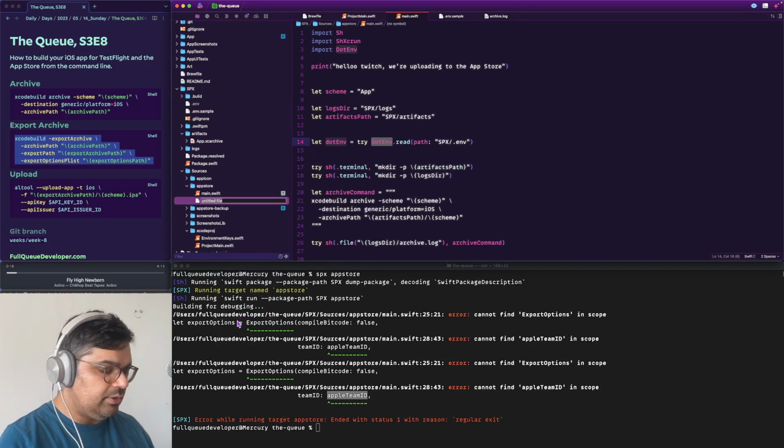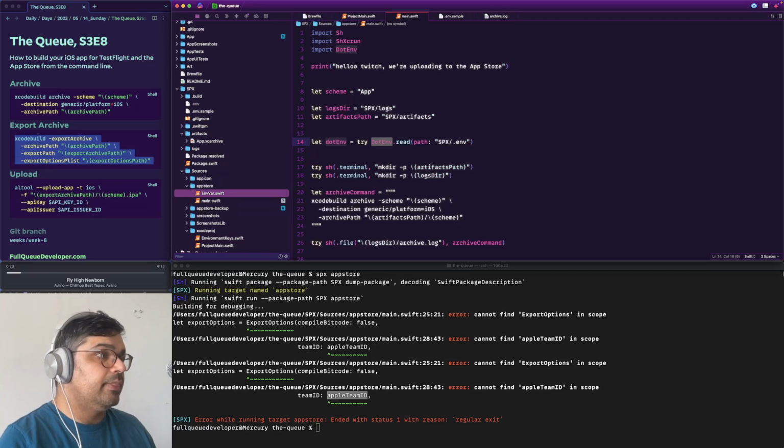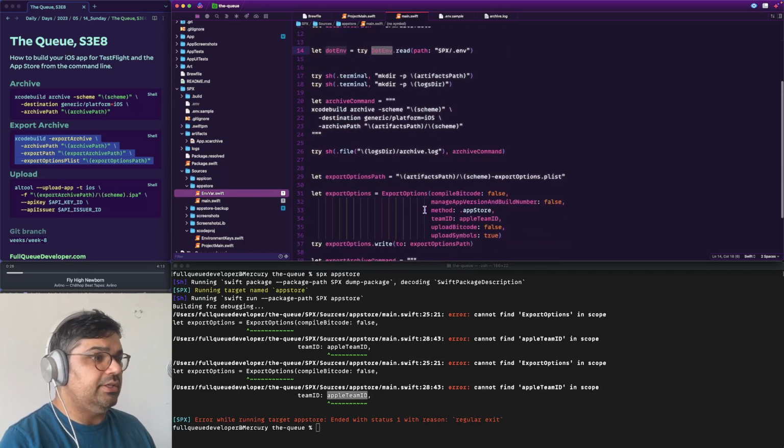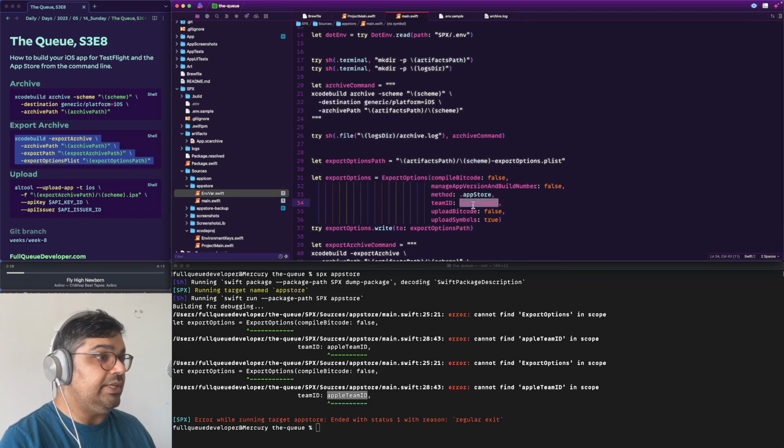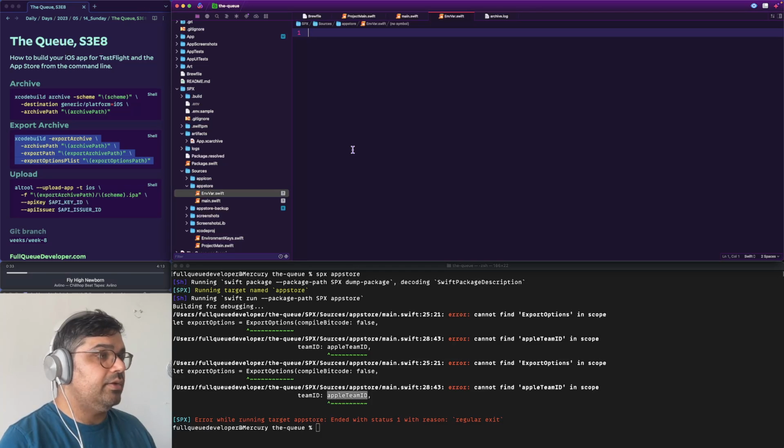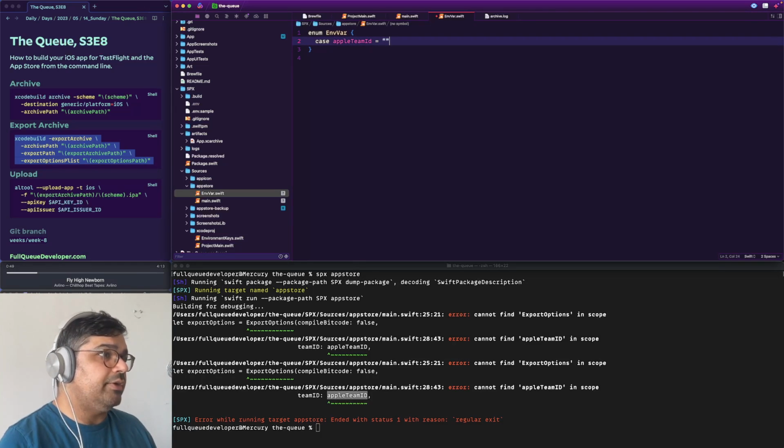So we can make a file called, maybe, envars.swift. For now, the only one we care about is the Apple team ID. Let's go ahead and define that. We'll say enum envar, case Apple team ID. And we can give it a raw value for what's in the actual environment variable. It's